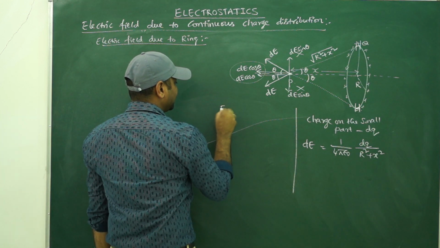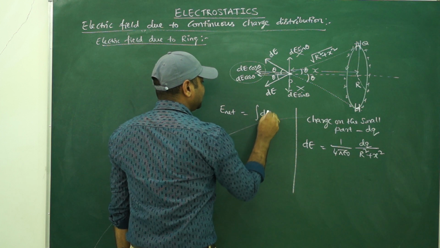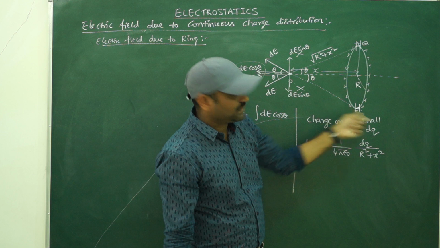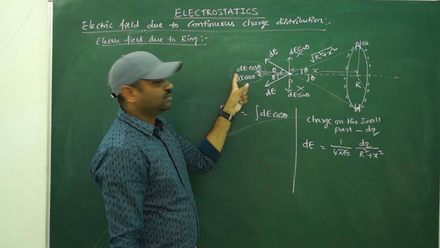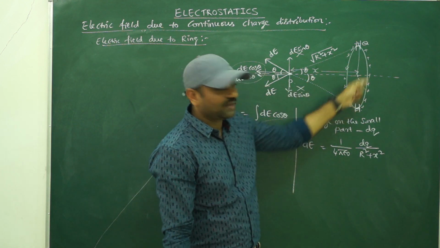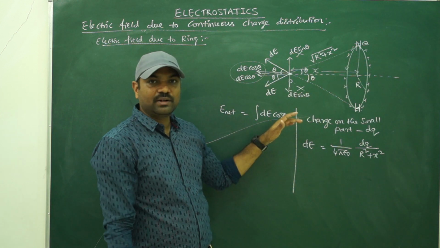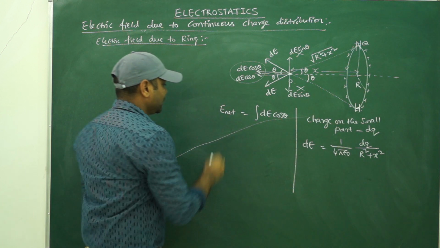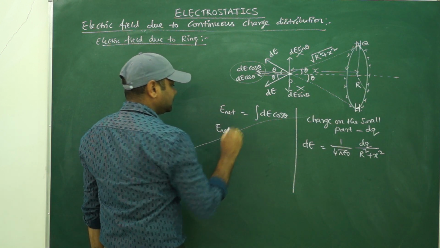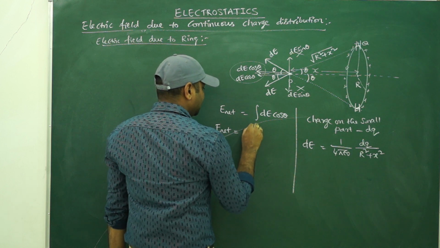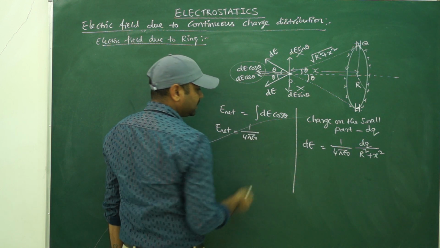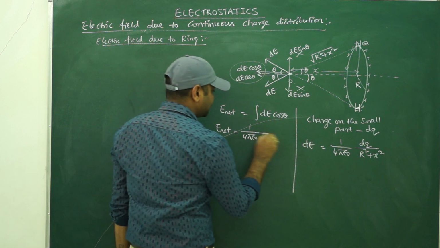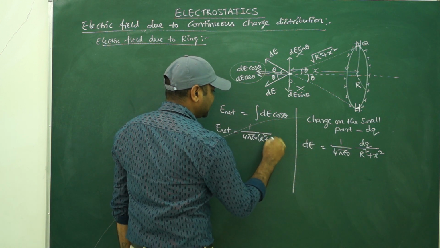Net electric field I can write down as integral dE cos theta, integral dE cos theta due to each and every small part of the ring. If you are taking 2 times dE cos theta, then you have to integrate for half of the ring. So here I am taking only dE cos theta, means I need to do integration for the complete ring. Okay. So then the net electric field strength magnitude is equal to 1 by 4 pi epsilon naught will come out, because that's a constant. Even r square plus x square also constant, that also you can take it out. r square plus x square.